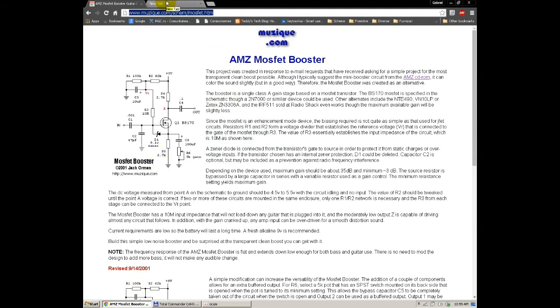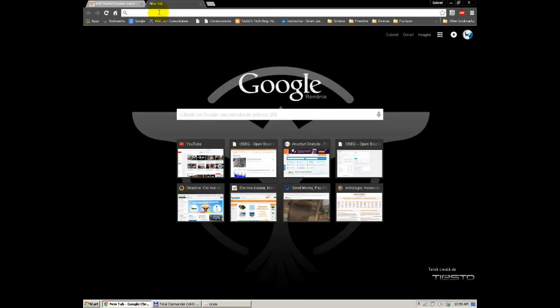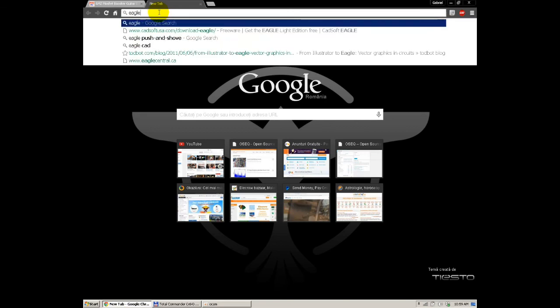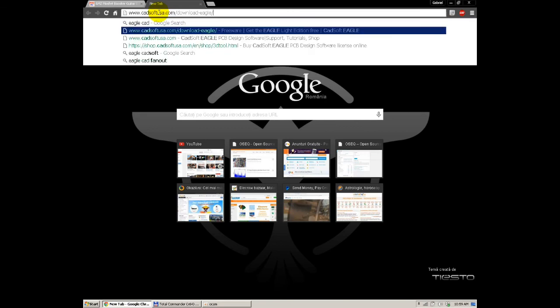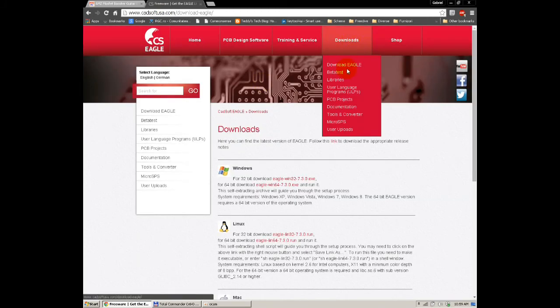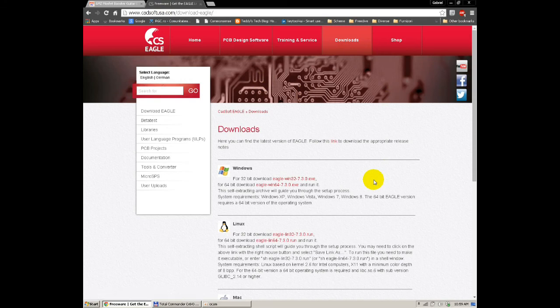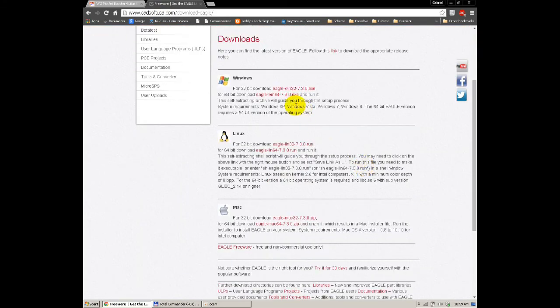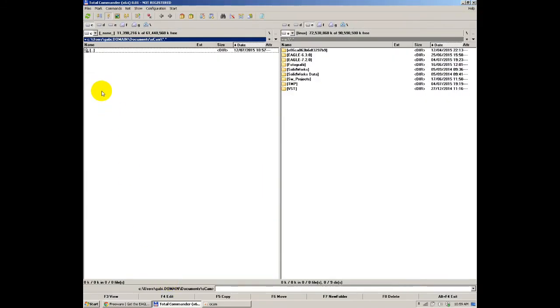So the first thing that you'll need to do is navigate to the EagleCAD webpage and go to the download section here, download Eagle. You will find the 32 and 64-bit versions, so you'll have to download the one that will suit your installed system. Already done that,